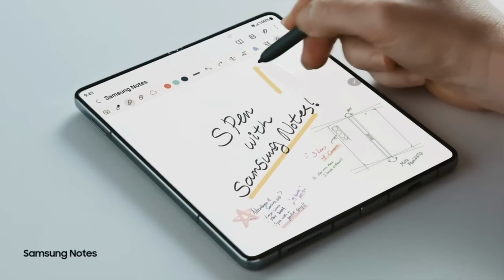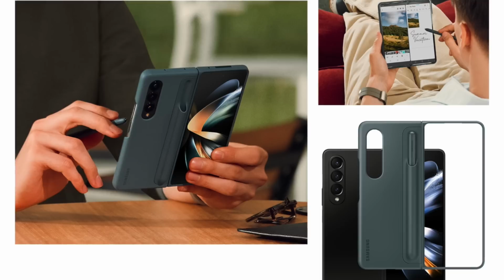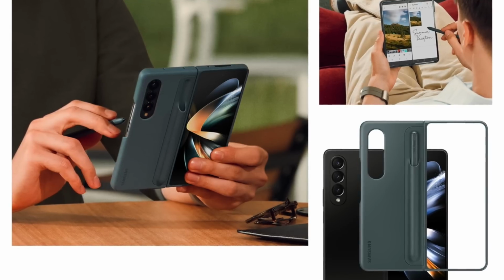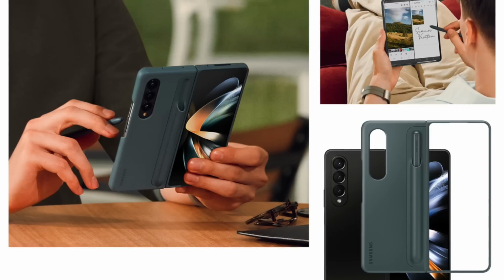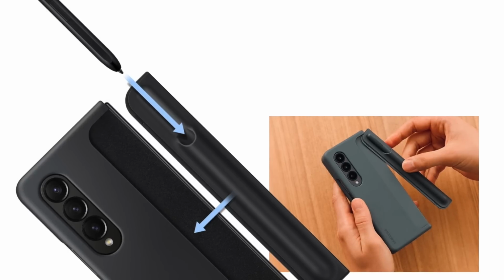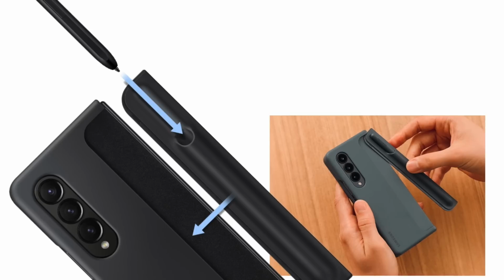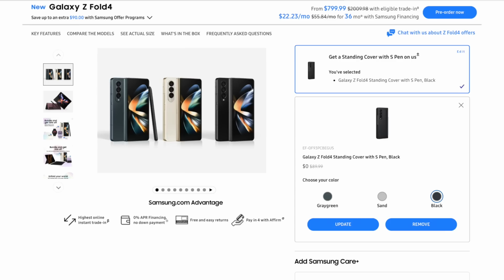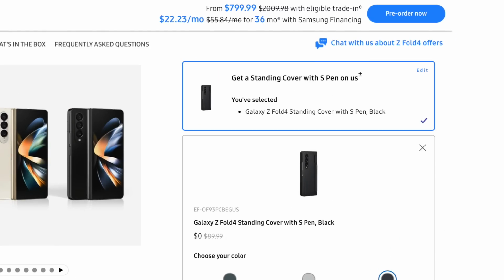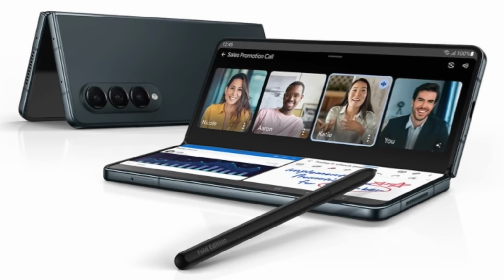display. You'll have to buy the S Pen separately, but if you're a huge S Pen user, you love to use it all the time on your smartphone, then the Fold 4 is going to take that experience to the next level. Samsung also sells their standing cover with S Pen that can actually hold the S Pen on the back, which allows you to take it with you everywhere. It's not as great as having the S Pen actually go inside your smartphone like the S22 Ultra, but it's better than nothing. And if you actually pre-order the Galaxy Z Fold 4, Samsung is going to give it to you for free. So yeah, if you're an S Pen fan, look no further, go and pre-order the Z Fold